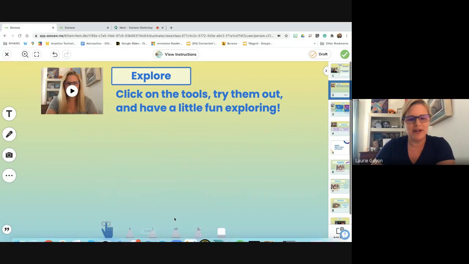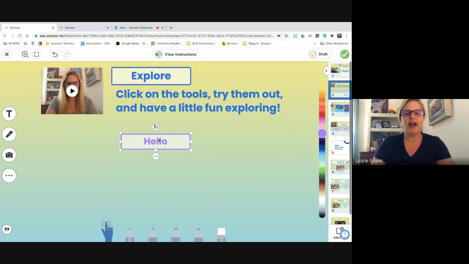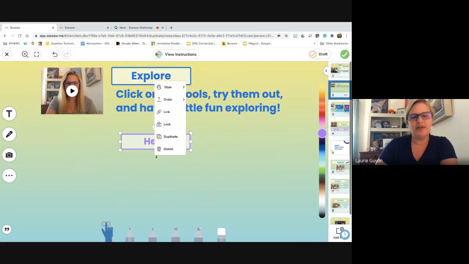You probably already figured most of them out, but just so you know, you have a text tool. And in the text tool, you can write anything you'd like. If you click over on the right-hand side, you can pick the color for that text box to be anything you'd like it to be. Let me just move it so you can see it better. Under the words inside that little text box that you created, if you click on the 3 dots, you have the